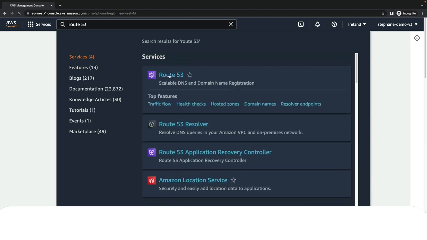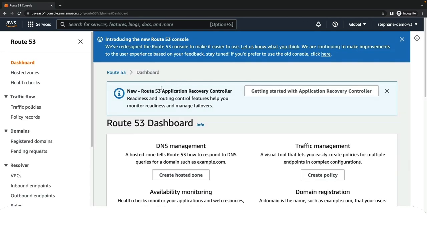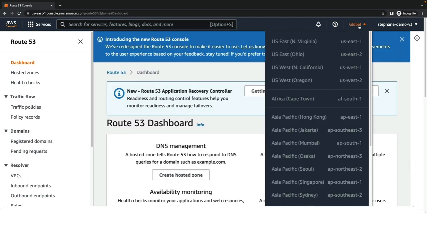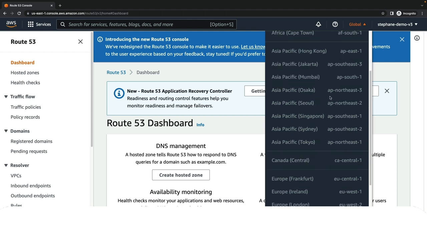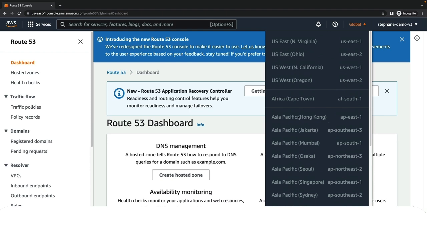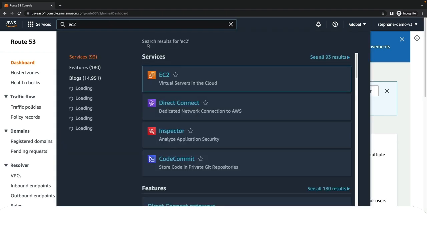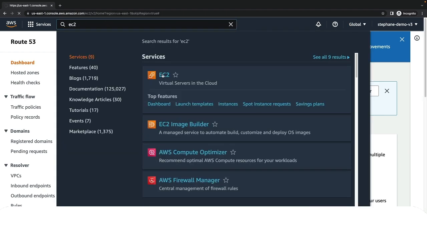Let's go into Route 53 now to have a look at this console. So this one is very special because on the top right-hand side, it says global. That means that this console does not require a region selection, and that is more the exception than the rule. But some services in AWS are what's called global services, and no matter where you are, you're going to get the same view. But if you switch services and you go, for example, to the EC2 service,